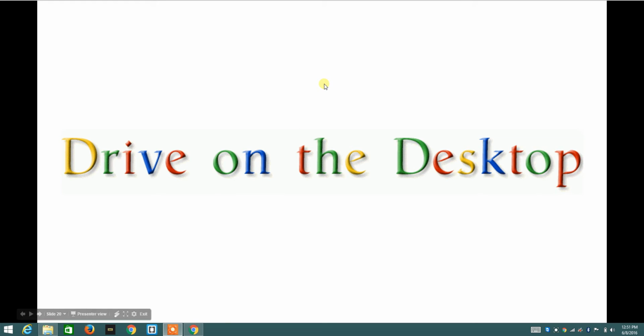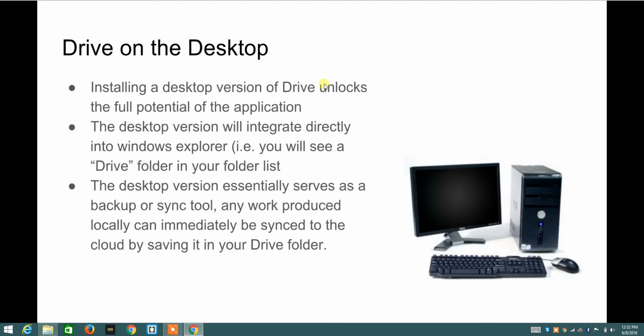So as I said, we're going to be covering Drive on the desktop. A little bit of a background for you. Drive on the desktop is a local version of Drive that you can install to your device that really unlocks the full potential of the Drive application. It's going to integrate directly with your Windows or Mac File Explorer. So you'll be seeing a Google Drive folder right there on the list of all your other folders in your